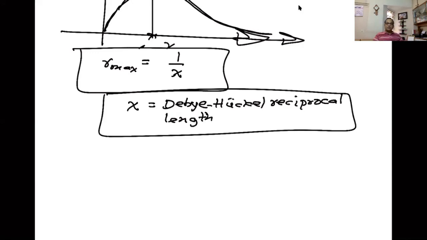That is the physical significance of chi. It is the Debye Huckel reciprocal length, where the maximum number of charges are there in a particular shell, like the atomic model. Exactly the same. There we have atomic radius, here you have reciprocal length. So what I propose to you now,